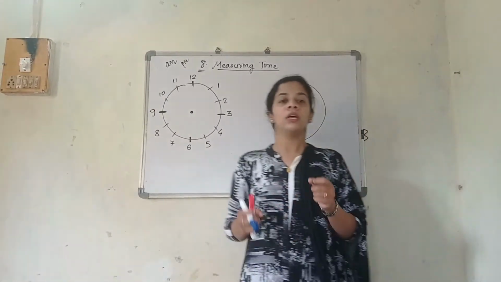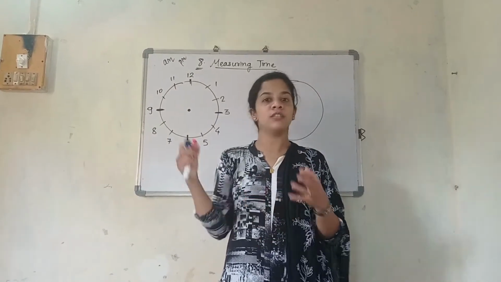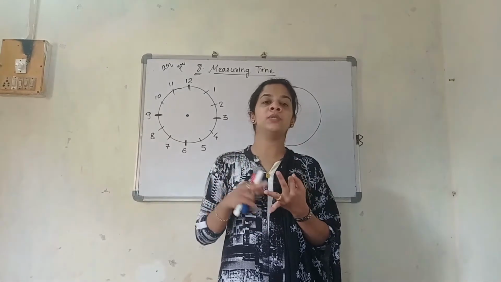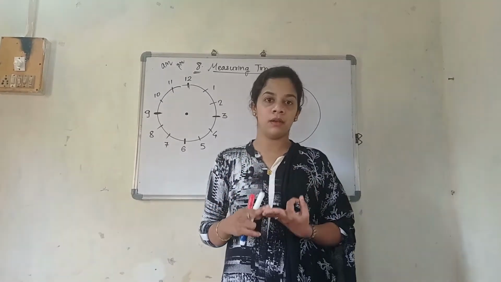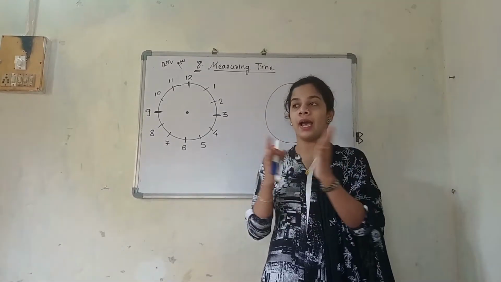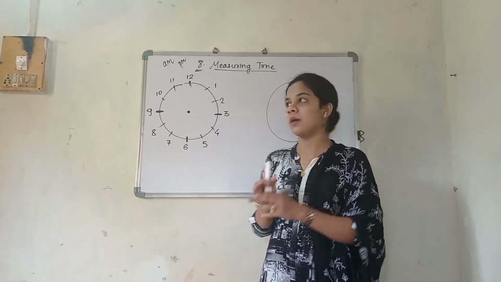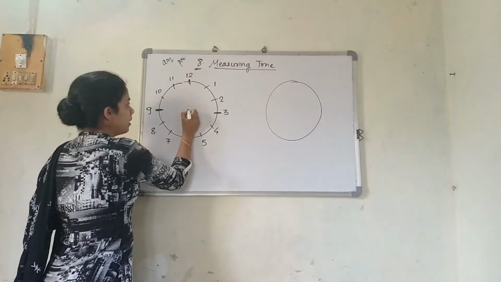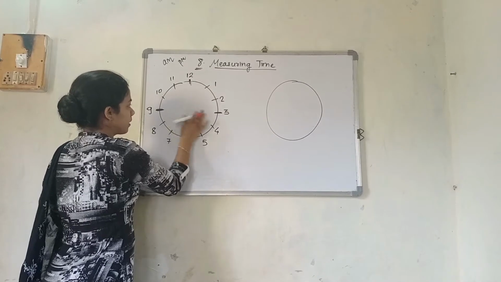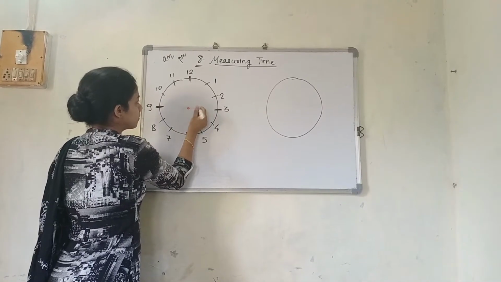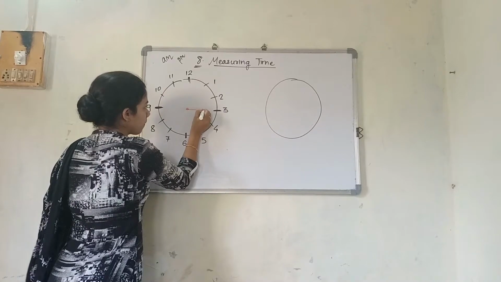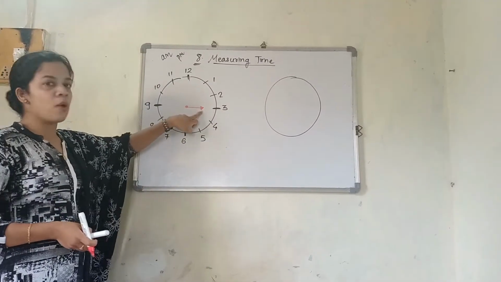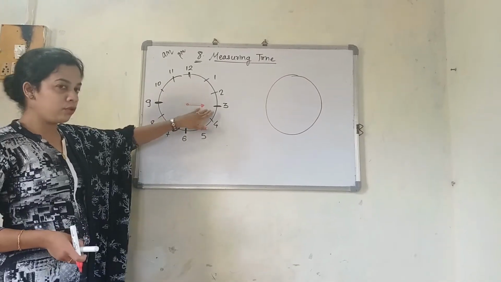Okay, so now we are going to study what actually the clock is. If you watch the clock, you will see a few hands are present. Hands means not our hands. There are three hands: one is the second hand, one is the minute hand, and one is the hour hand. The hour hand is the smallest one. Right now it is facing 3, so I can say it is present at 3.